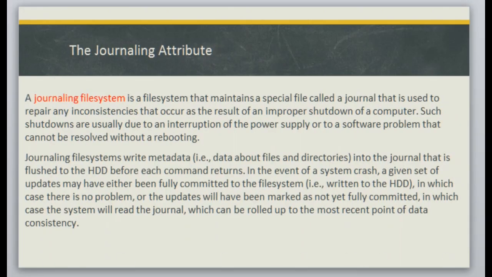Now let's talk about the journaling attribute. A journaling file system is a file system that maintains a special file called a journal that is used to repair any inconsistencies that occur as the result of an improper shutdown of a computer. Such shutdowns are usually due to an interruption of the power supply or to a software problem that cannot be